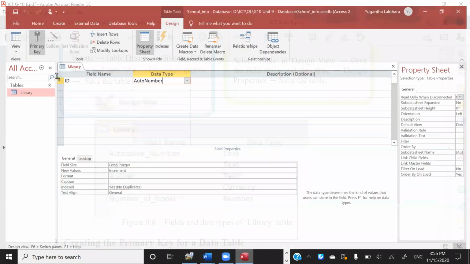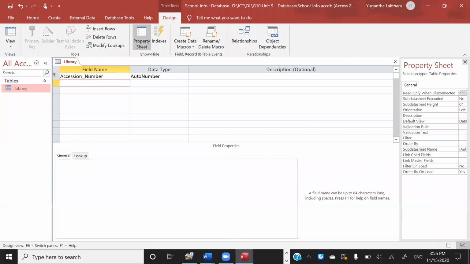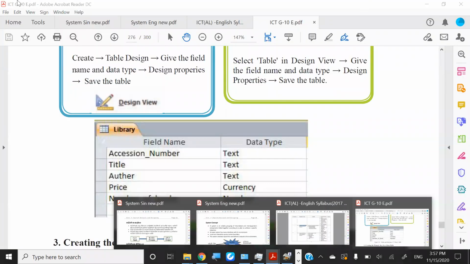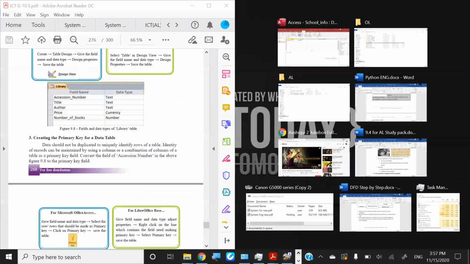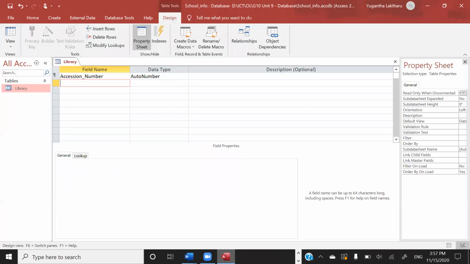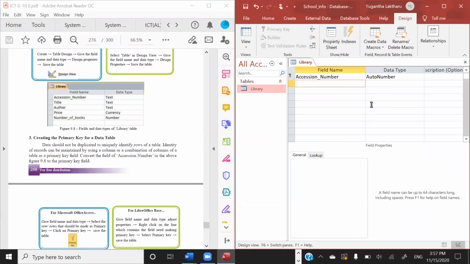Here I'm going to say accession underscore number, right? Accession number. And what else are they saying? It's better we keep it on a side name. Yes. So accession number, the type of it,